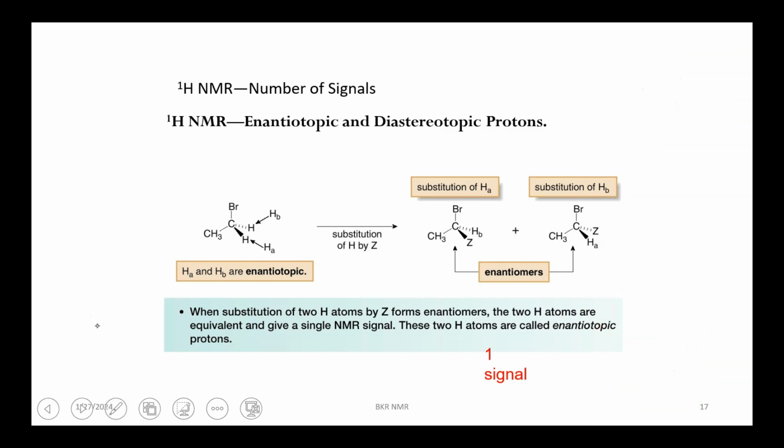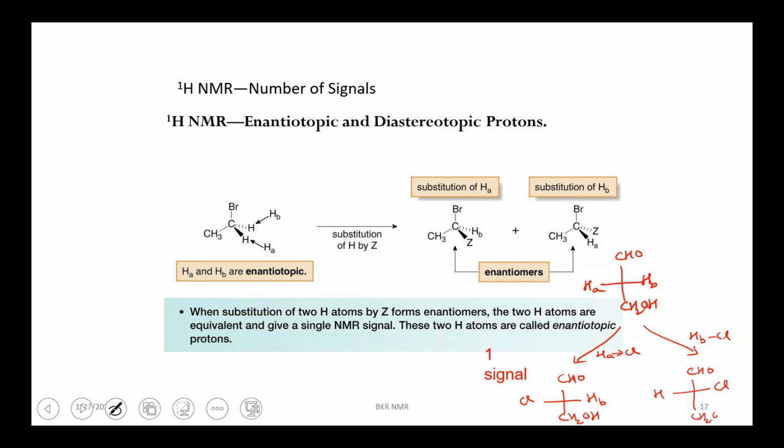Next. Suppose I take another molecule. I take HA, HB. I'm talking about the topicity of these ligands. Same as the previous method, the substitution method. I replace them one by one. So I'm going to replace HA by Cl and HB by Cl. So when I do that, I'll be having Cl, HB, CH2OH, and CHO,